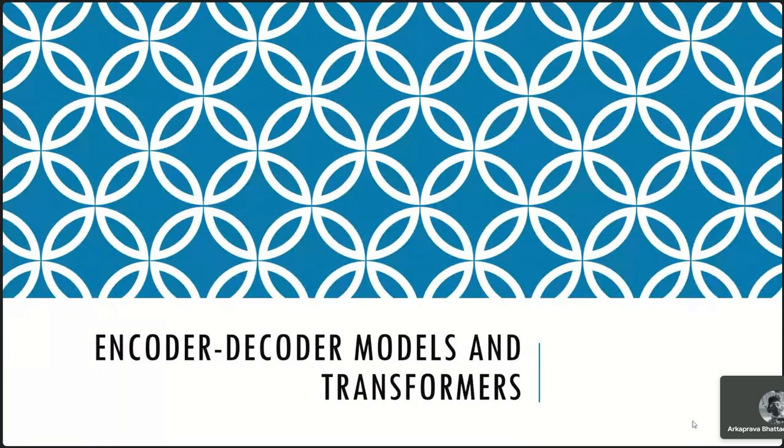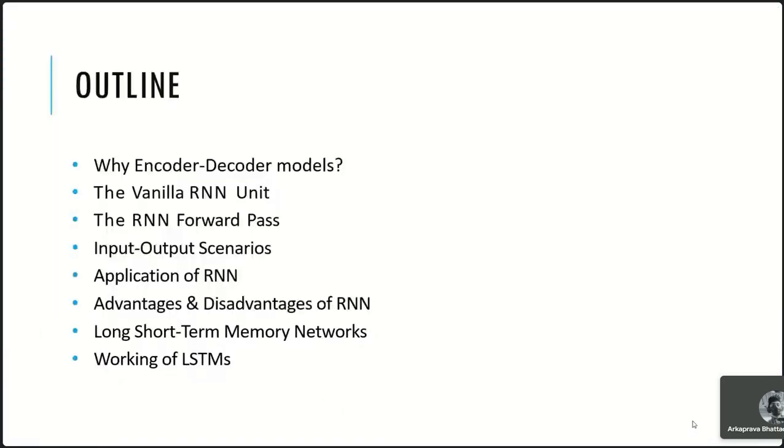Fine. So in this lecture, what we will do is first, we will take why we require encoder decoder models, meaning why we are shifting from normal RNN, then from LSTM to this encoder decoder. Then we'll talk about attention in these encoder decoder models, that is transformers. Attention, then self attention, after that multi-head attention, then multi-head with positional encoding, and lastly we will be talking about BERT architecture. So